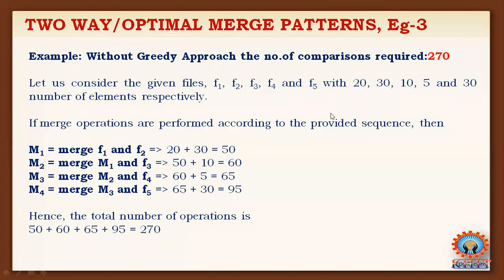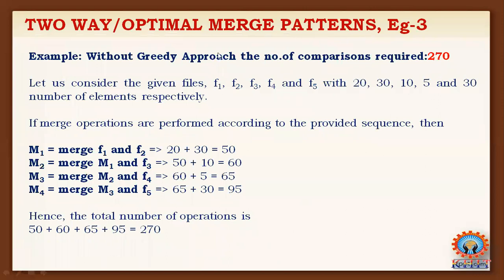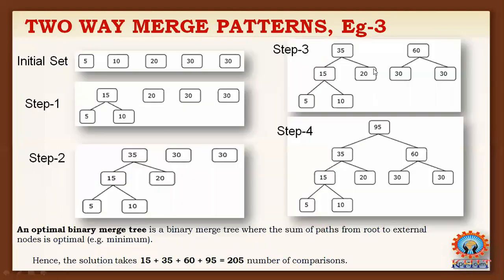If you solve the problem in the first way, you will get 270. In the second way, you will get 210. But these two are not producing the minimum number of comparisons. Why? Because I cannot say this is the genuine value, since this is not the best way to get the value. In the first method 270 comparisons are required, in this method 210 comparisons are required. Another way is